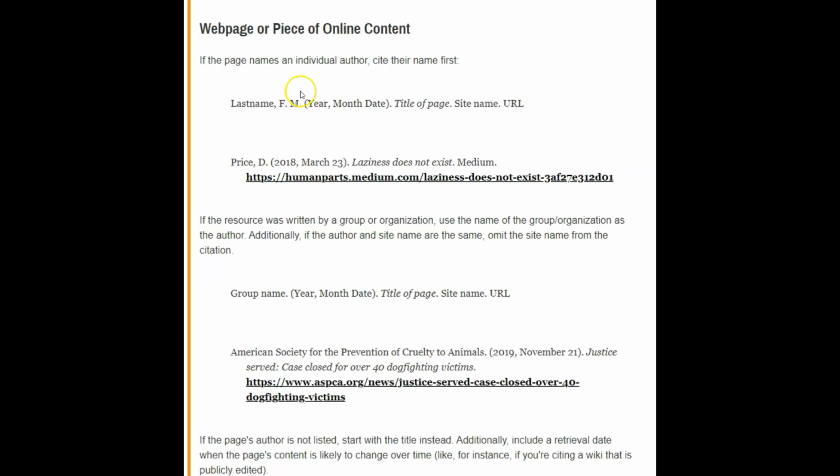So if you have a web page that has all the information and you have the author, you will provide the author's last name, comma, the initials of their first and middle name, and in the parentheses, you will provide the year, month, and date, followed by a period, title of the piece. And notice that the title of the piece in APA style is not put in quotation marks, it's rather italicized. Then you have the name of the site and then the URL,